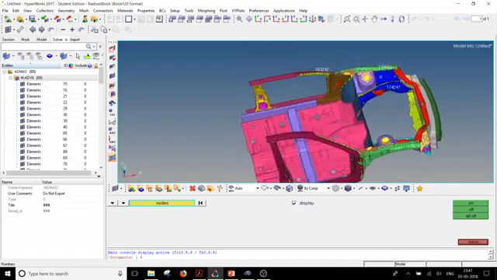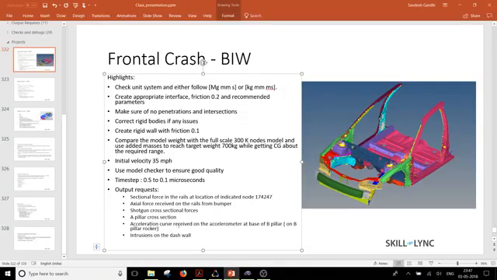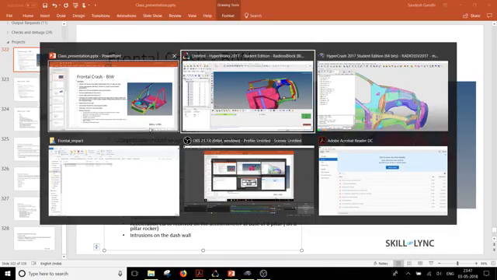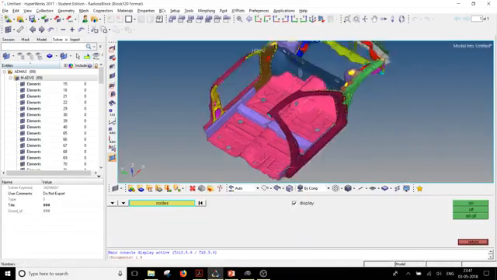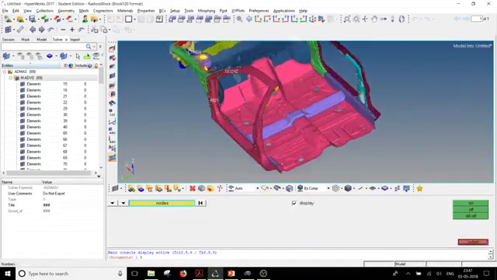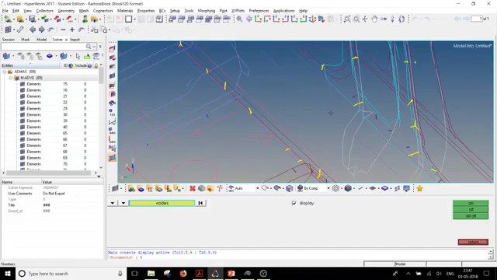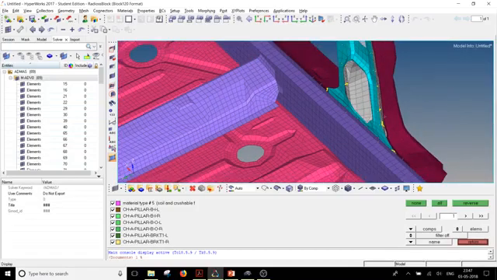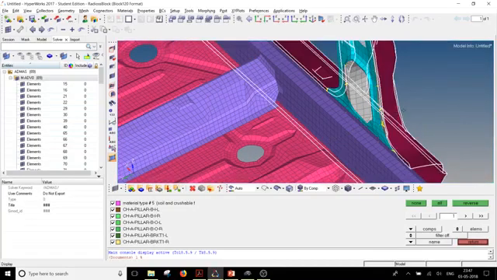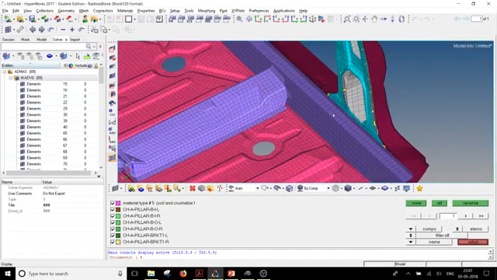So apart from this, the next output challenge will be the acceleration curve received on the accelerometer at the base of the B pillar. Now here we have the B pillar. There is a component called rocker in the B pillar. So this rocker component, what it looks like,